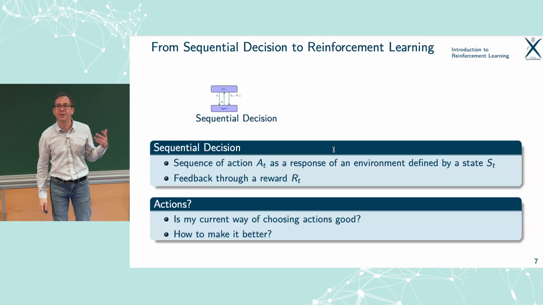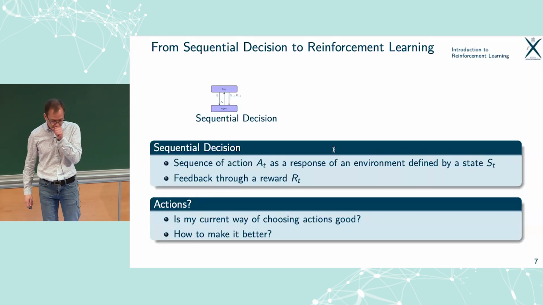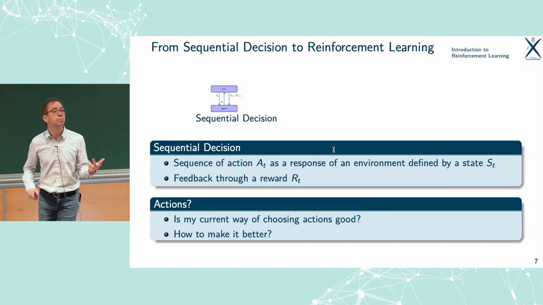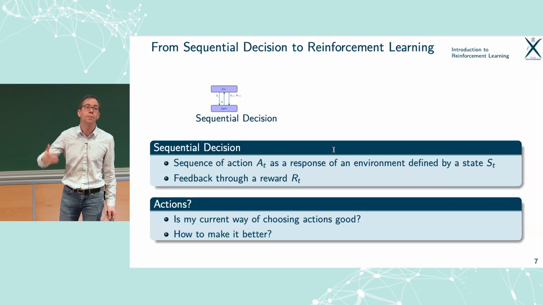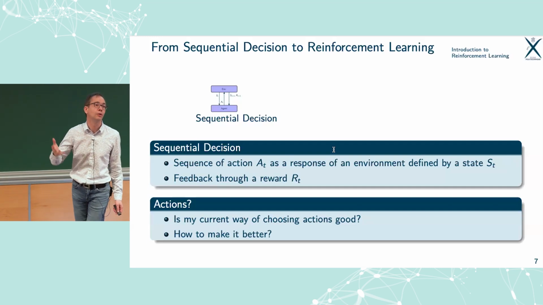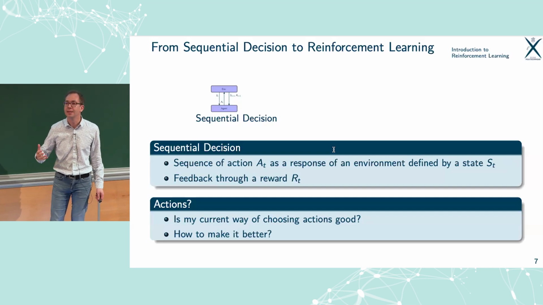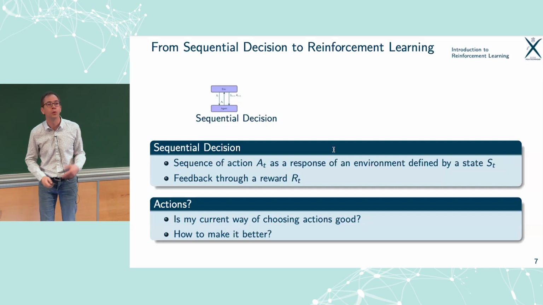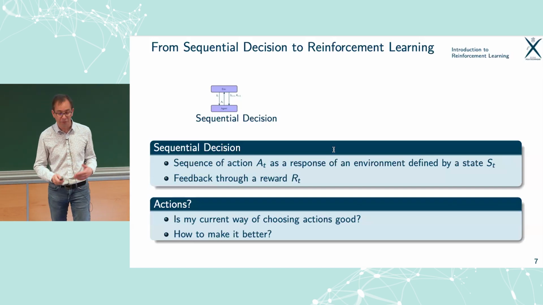So I mentioned a lot the idea of actions, and you can imagine that the whole point is to pick those actions as well as possible. So maybe I've got a strategy in mind, and I want to know whether this is a good or bad one. That's one kind of question. But probably the most interesting question is, can I do better? Or ideally, can I find the optimal way of choosing this action? This is very broad, very generic,